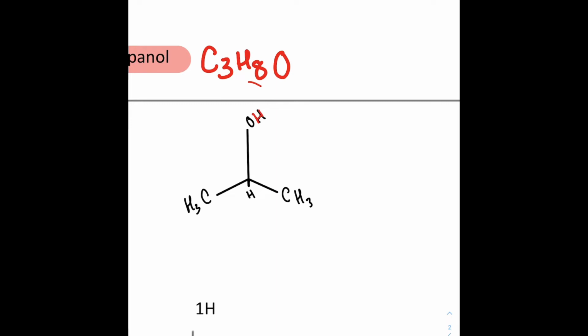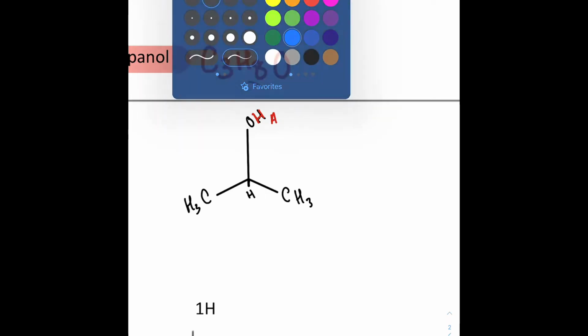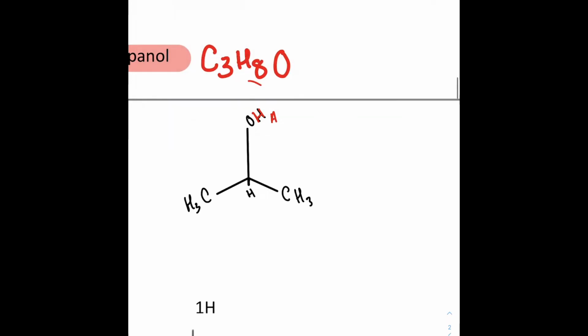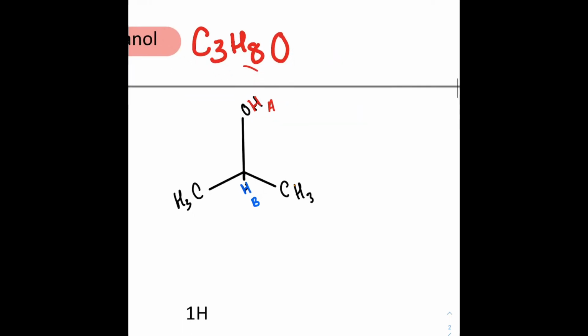So we're going to start by color coding this, and so this hydrogen is part of this alcohol, and obviously this alcohol has only 1 hydrogen, so this is going to be our group A. Then let's change colors, and then let's go down here to this hydrogen, and this hydrogen is existing on this bond, and it is the only hydrogen in that bond, so it is again by itself, so that will be group B. And then lastly, we have these 2